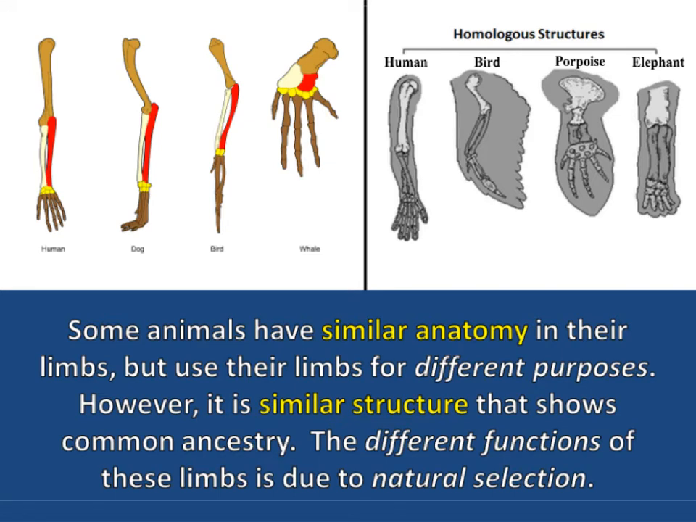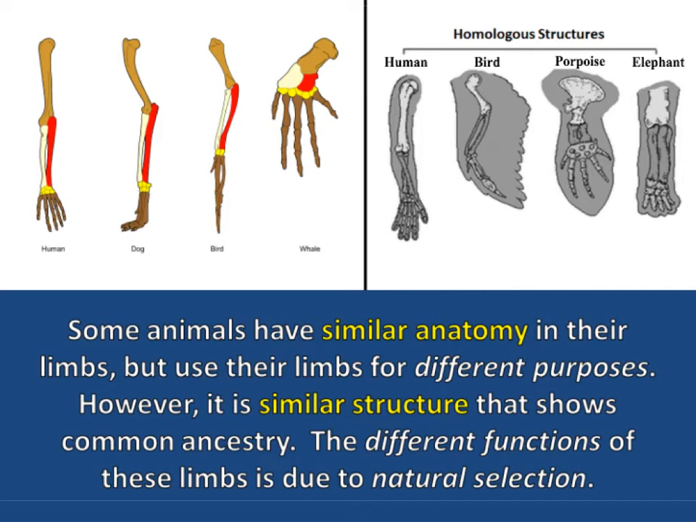Alright, so if you look at the picture at the very top, let's look at this color one right here. Here you have the arm of a human, the leg of a dog, the wing, or the arm, wing, whatever, of a bird, and the fin of a whale. If you look at these 4 different limbs of an organism, the colors correlate to similar structures in each